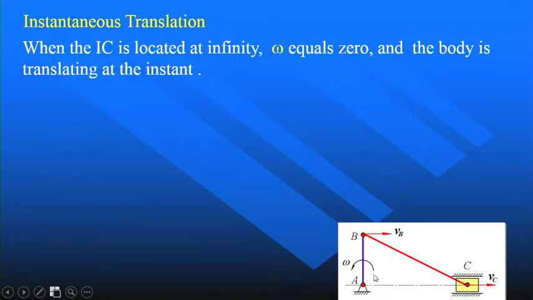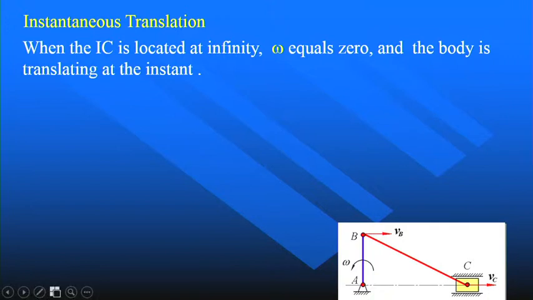This is a crank and linkage mechanism. When the crank rotates to a vertical position, the VB is horizontal, and the piston C is always horizontal. Velocity is always horizontal. So at this position,